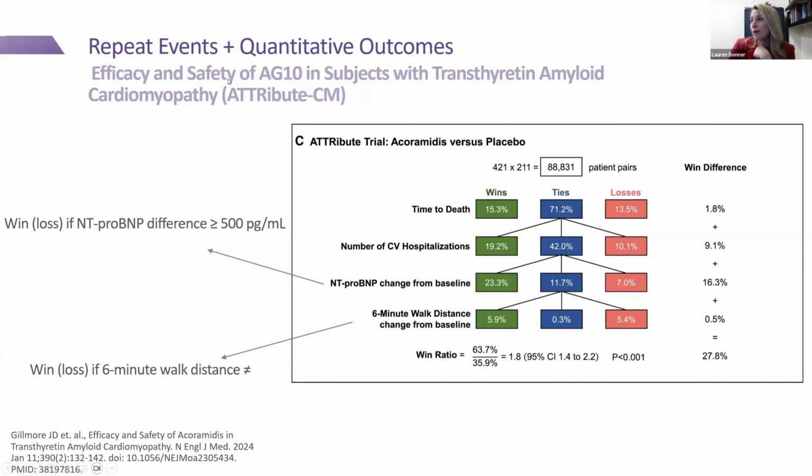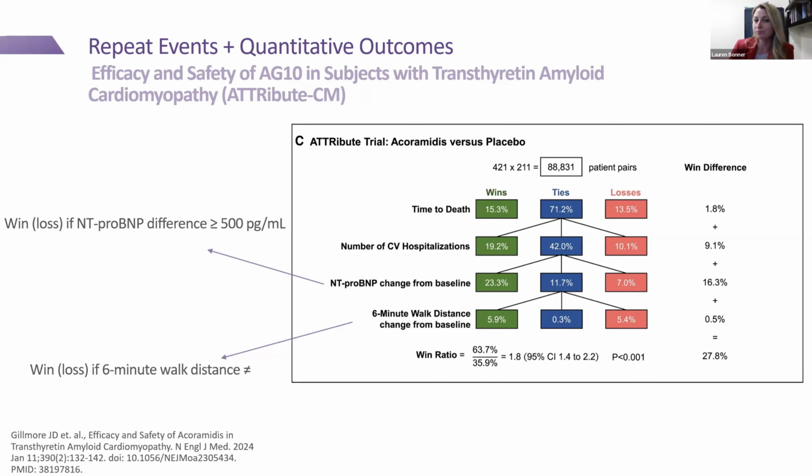So if you look through here at the bottom of the results, they had a significant win ratio of 1.8. But you can see that it was largely driven by this difference in the NT-proBNP change from baseline. And so there was some concern as to whether determining wins and losses on a biomarker whose clinical relevance isn't totally clear was